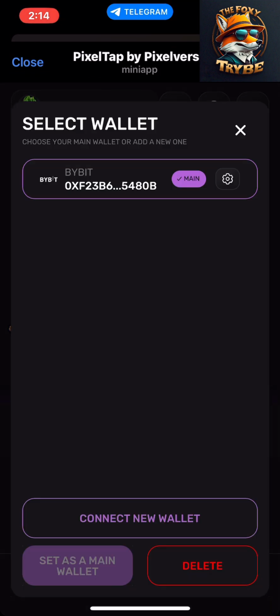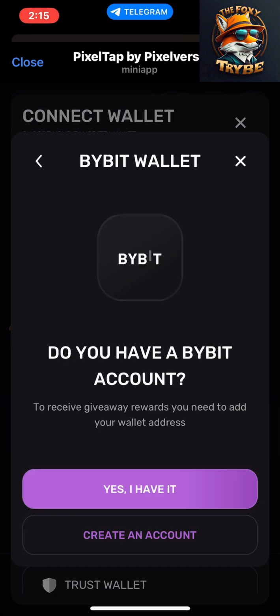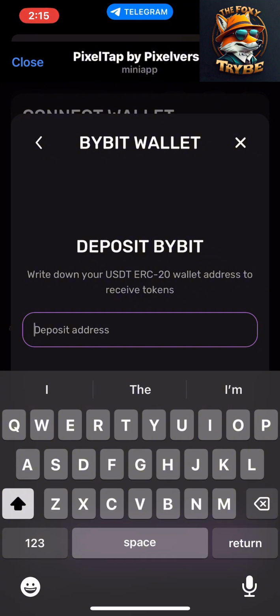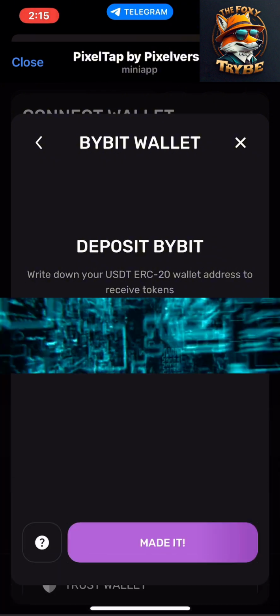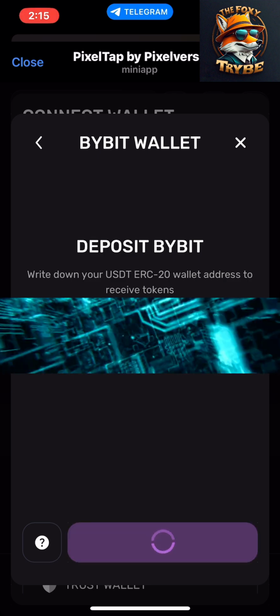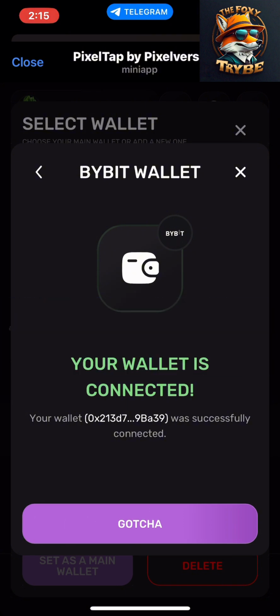So I've already previously connected ByBit, but I connected the wrong wallet. So what I'll do right now is I'll delete it. Now I will go back and say ByBit, and I'll say yes, I have it. What is the wallet address you want to use? I use this one, and I go made it. I have now connected my ByBit, my non-custodial wallet, through my ByBit app, my ByBit account, and I connected it